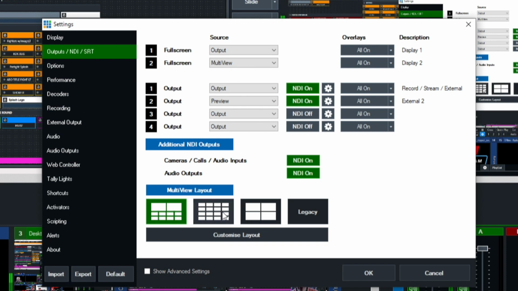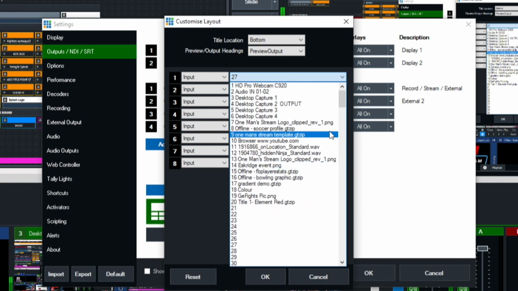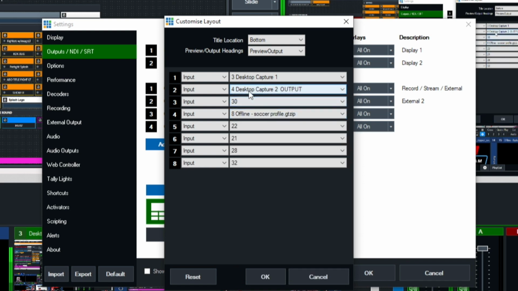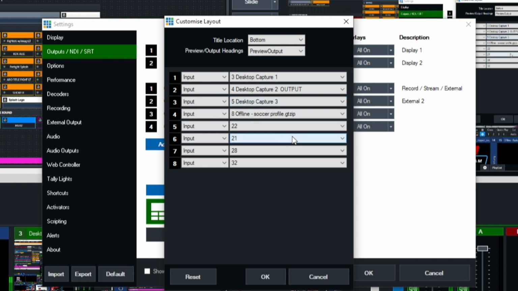You have these different options that you can set your multi-view to. What I normally do is I'll customize it. So I'll come over here and I'll click on this button that says Customize Layout, and then you can actually choose what you want to have in your production. So what we'll do, just for sake of this one, we'll have Desktop Capture 1, and then on number 2 we'll have Desktop Capture 2. We'll do Desktop Capture 3